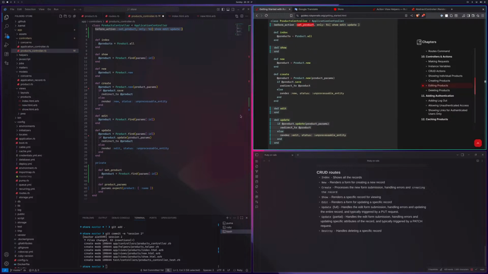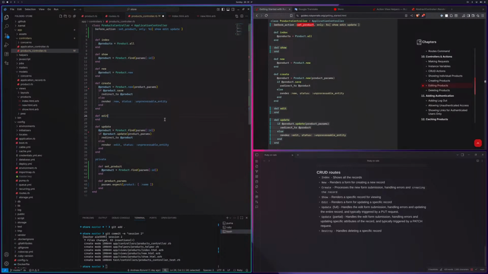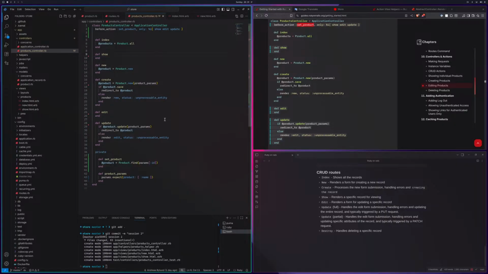Fair enough. And we can remove that. I'm guessing we can remove this, and show, we can also remove it. Do I have to declare it show